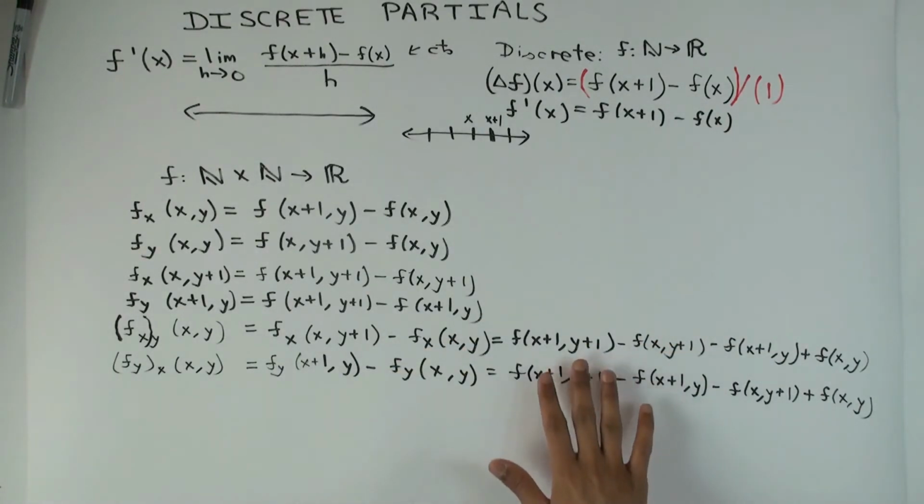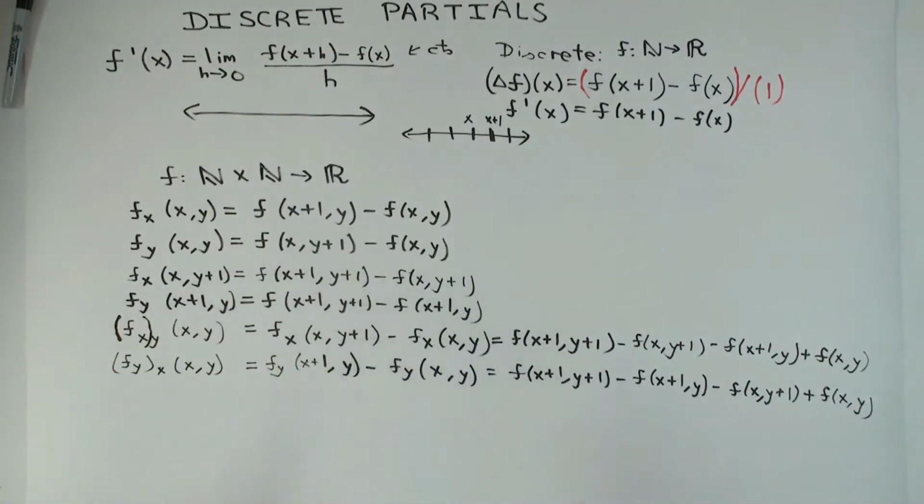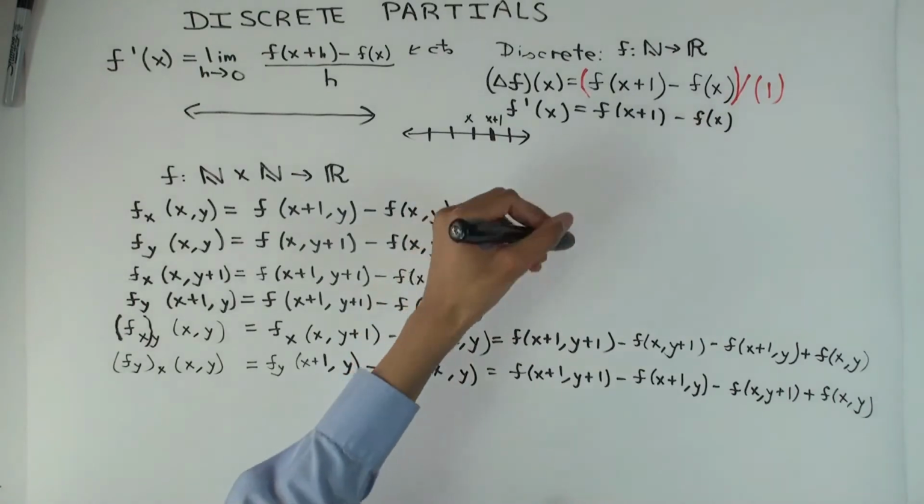This is expected, because in the continuous case there was a theorem which told you that the mixed partials are the same. But in the discrete case you don't need any continuity assumption. It's just mathematically the same. Now geometrically, if you think of these points,